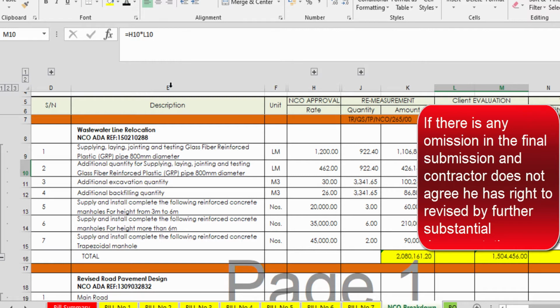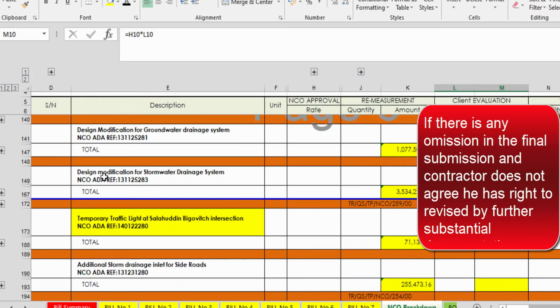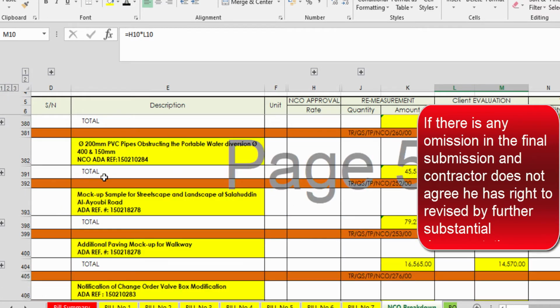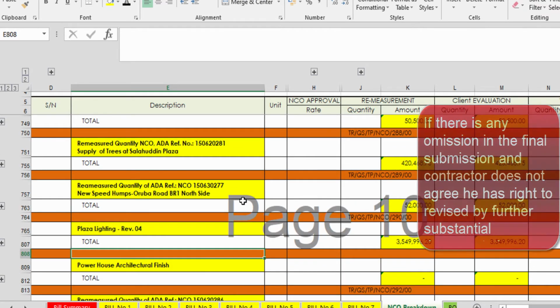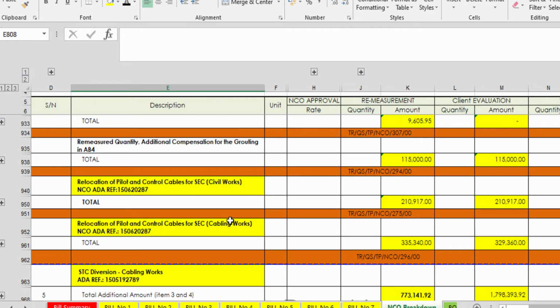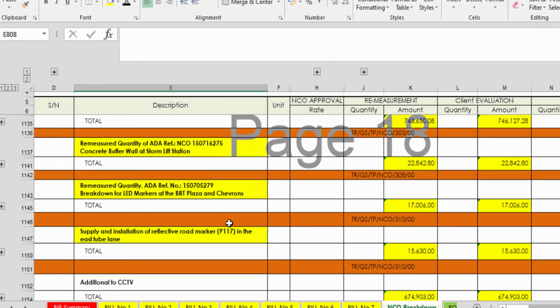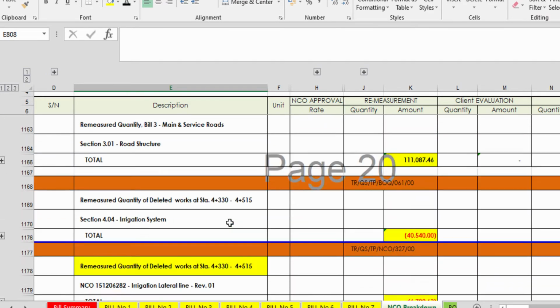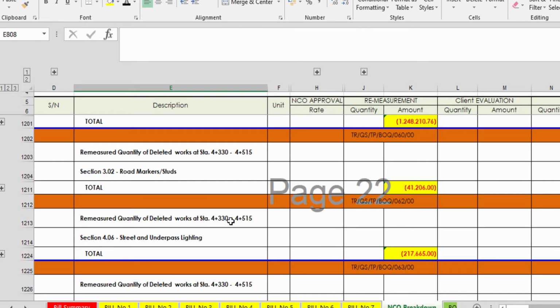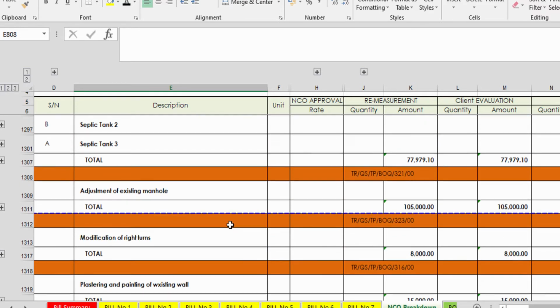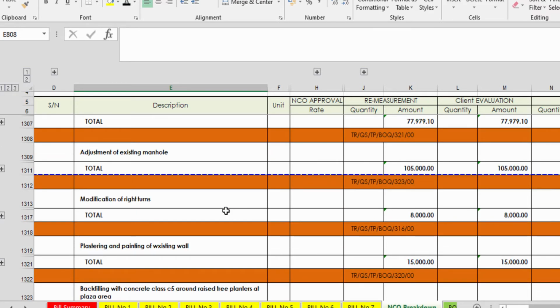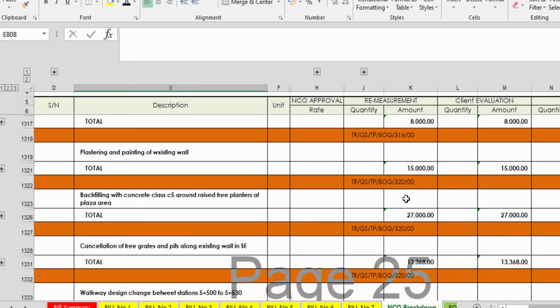Okay, so how many variations you have. As you can see, there are a lot of them. We are doing this from the beginning to the end, and it is all coming as orders. There are too many variations that we have claimed, and it is not possible to manage this in a folder. So we are making this log so that it is easy to trace how much quantity we have submitted and how much is approved.